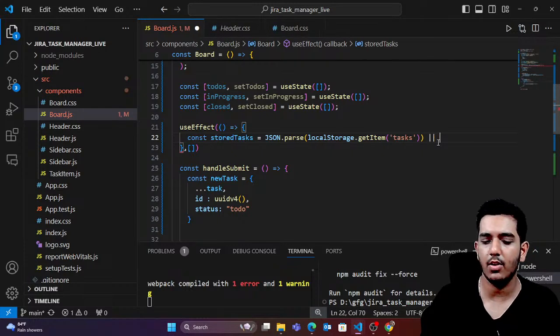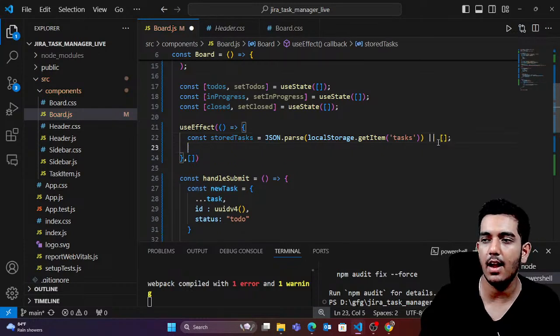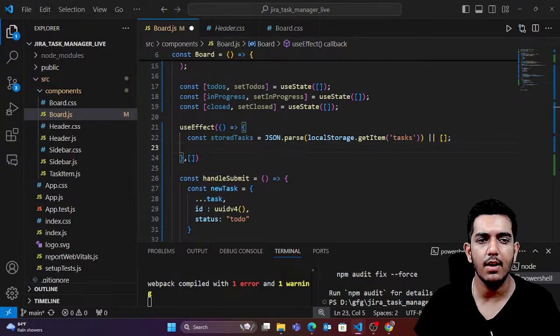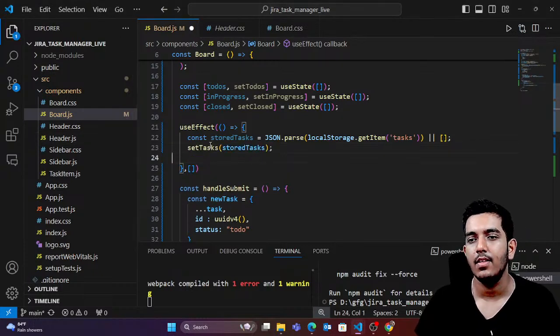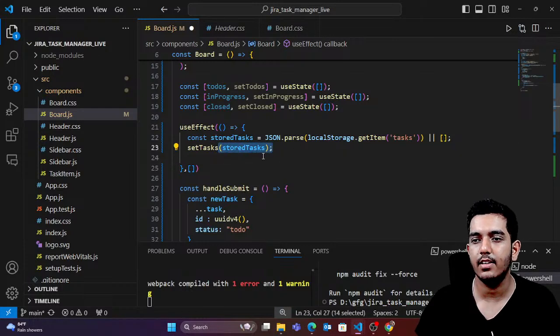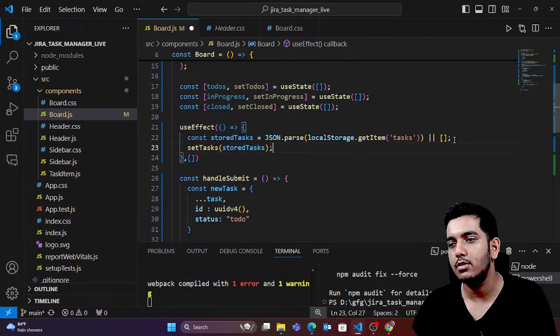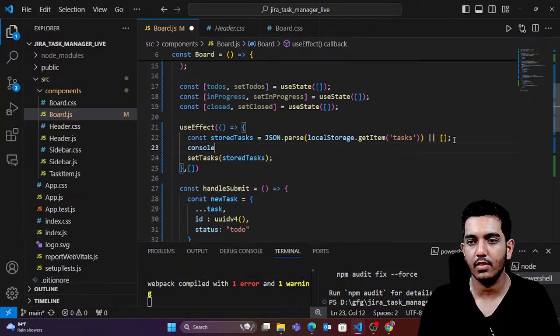If the array is empty or undefined, in that case I'm just going to pass an empty array. In some cases it might be empty, if you haven't created this for the first time, right? Then I would simply say set the task to stored task. So let's print this, console.log